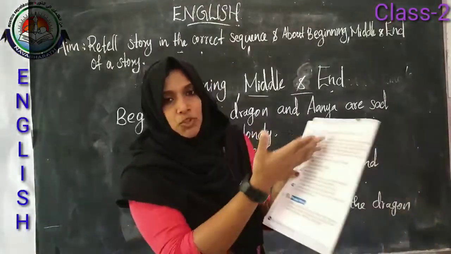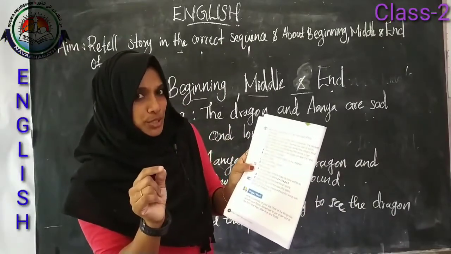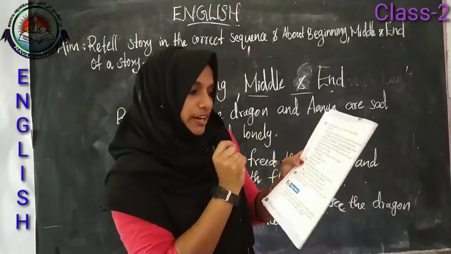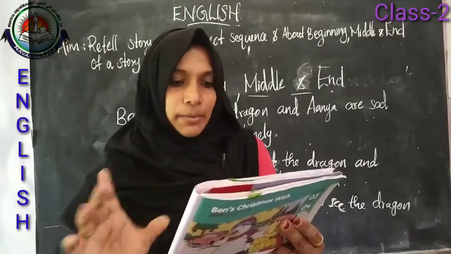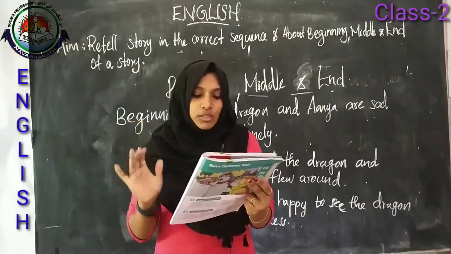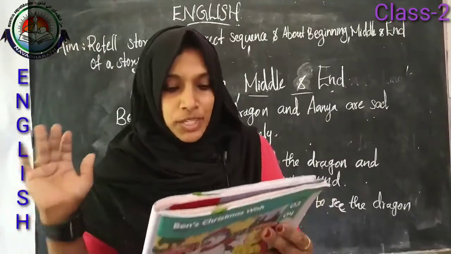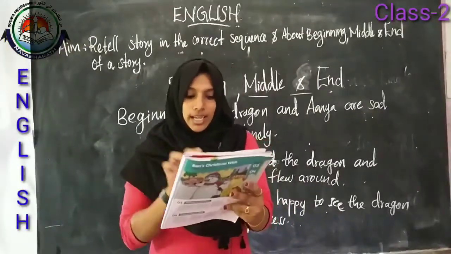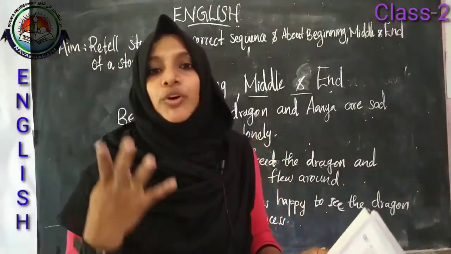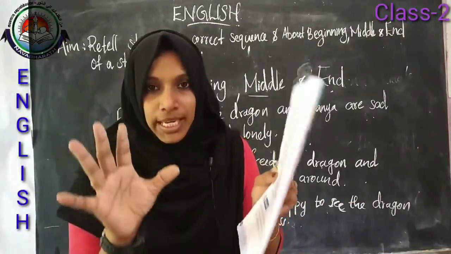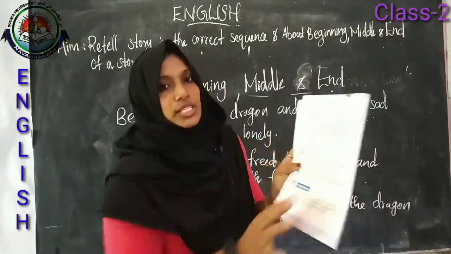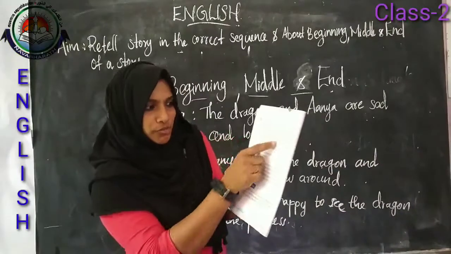So here some choices are given. So what do you have to do here? Yes, here you have to find out the main idea of this paragraph. So let's read this. A. Seema lives in a village. And B. Seema tries her best to teach all the children of her village. Then C. She has started a library. Last one, she is very helpful. So from these four options, four choices, which one is the main idea? Which sentence tells us about the main idea of this paragraph?